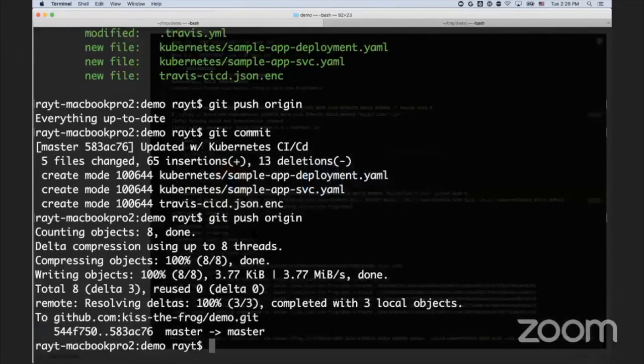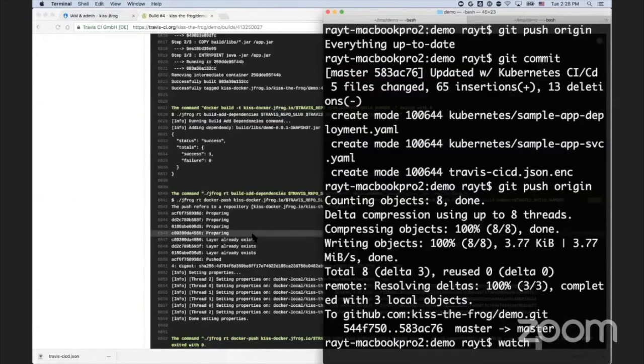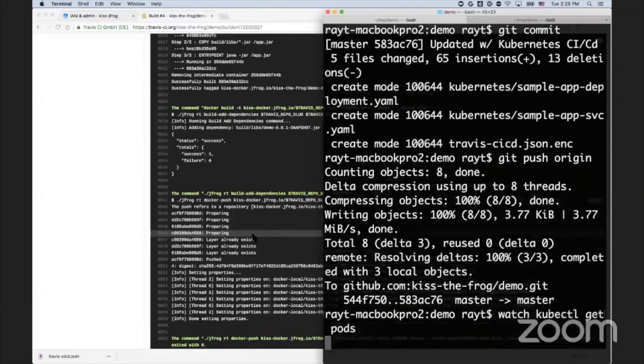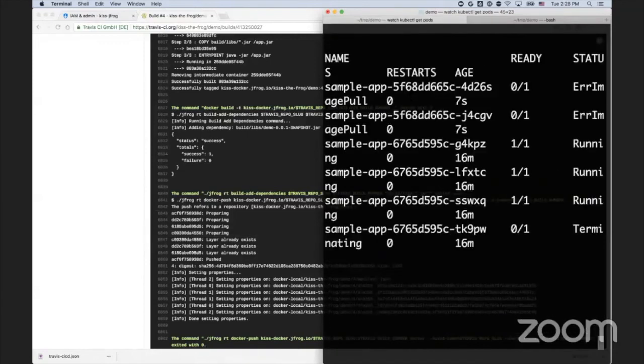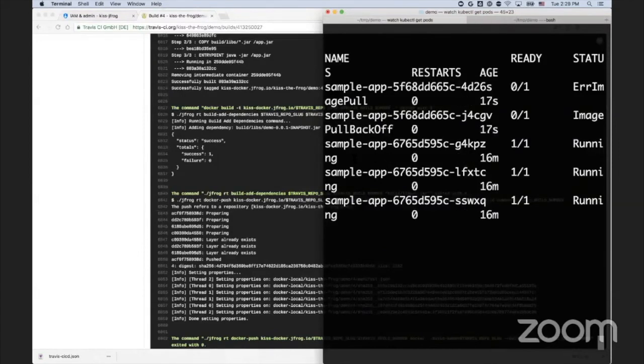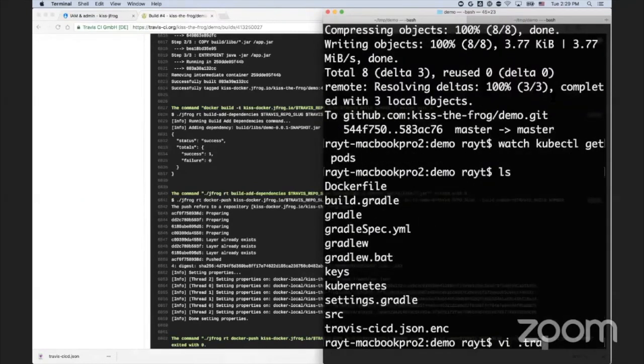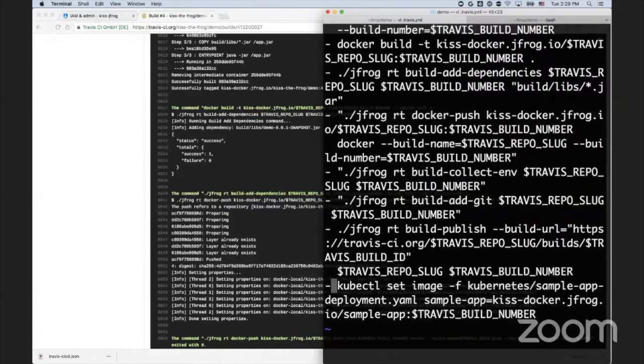And while this is doing it, what I'm going to do is just do a watch kubectl get pods. Now, what should be happening here is that it should go ahead and just run the deployment with the new image that we decided to deploy. Now, I did notice that we may have put in the wrong image name, which I think I did. If that's the case, I can go back and just go ahead and fix it in my Travis pipeline. So I think one of the mistakes I made here is that the name of the image is actually not simple app, and I needed